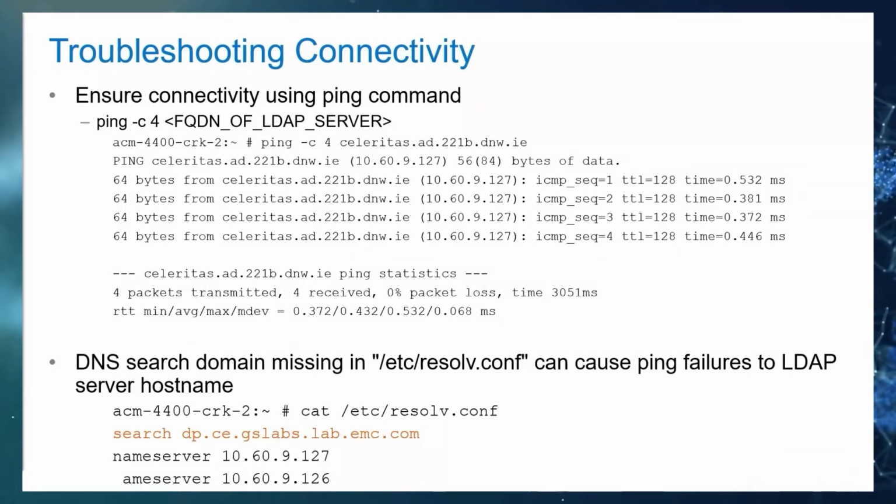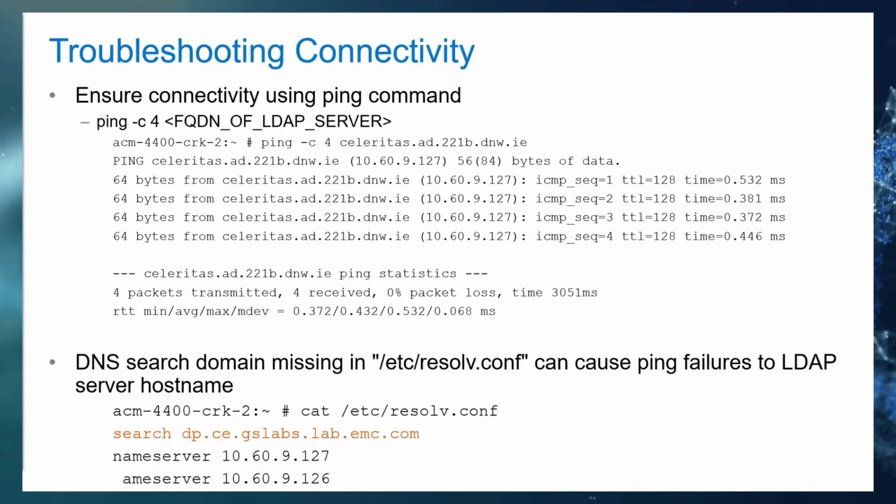Now, the reason I said to test a ping to both IP and hostname is because sometimes ping to IP works, however, it does not work to hostname, from ACM or from one or more components within the IDPA. The reason for that could be that the DNS search domain is missing in the /etc/resolv.conf file, which can cause ping failures to the LDAP server hostname.